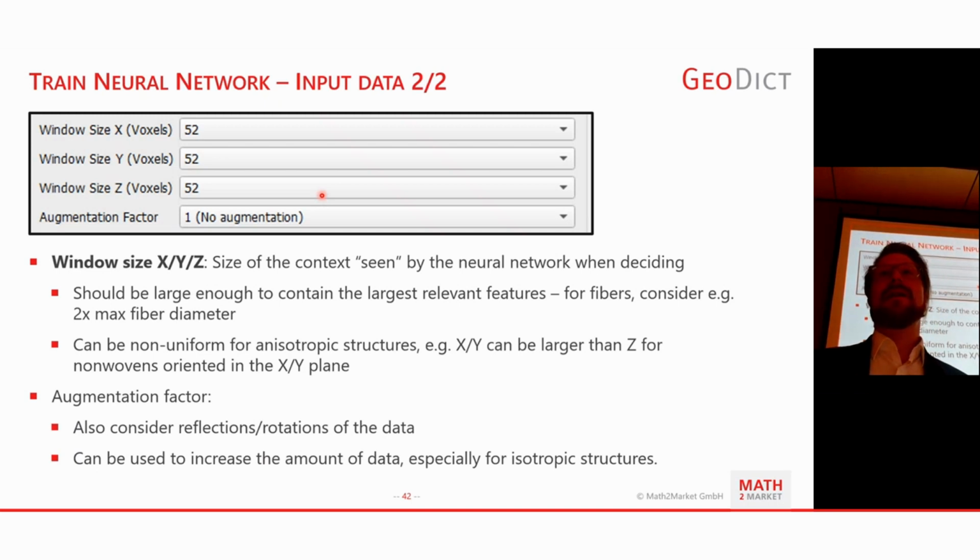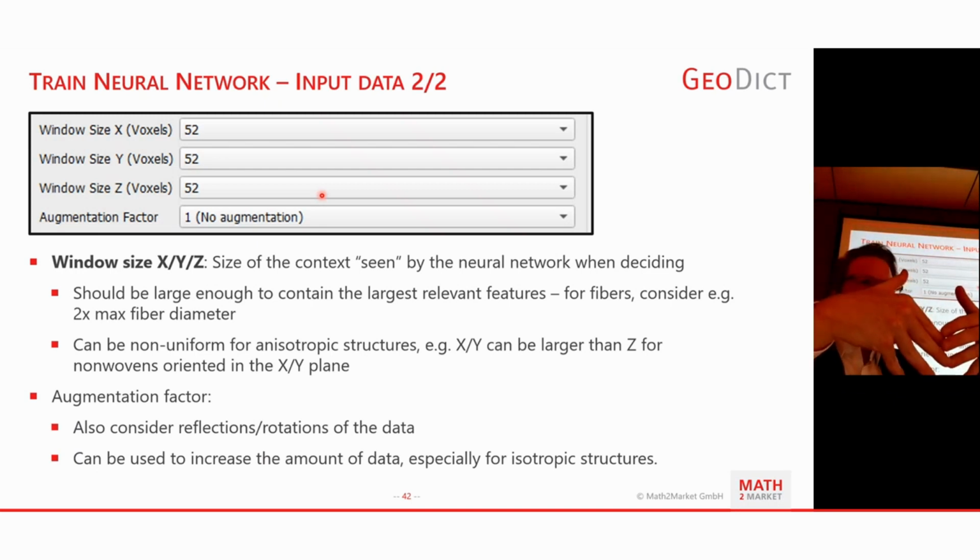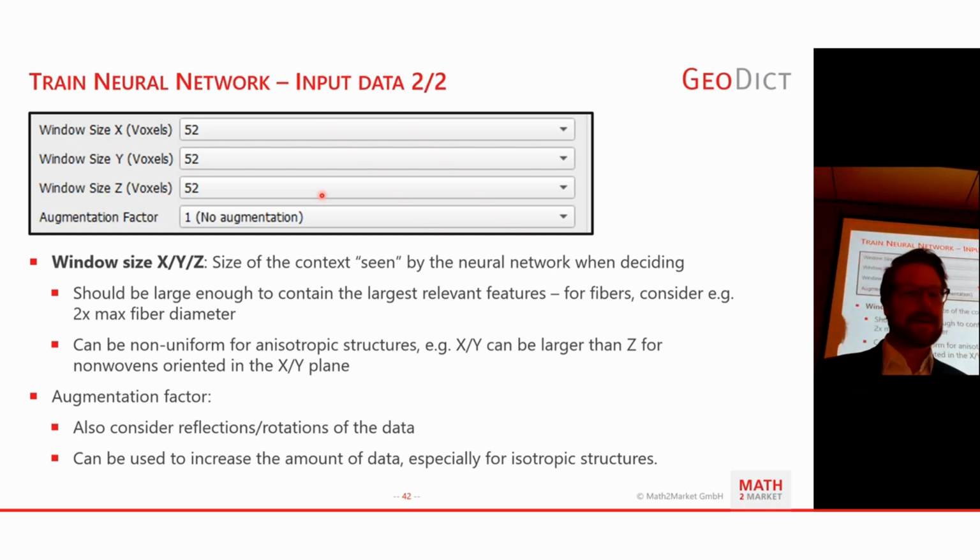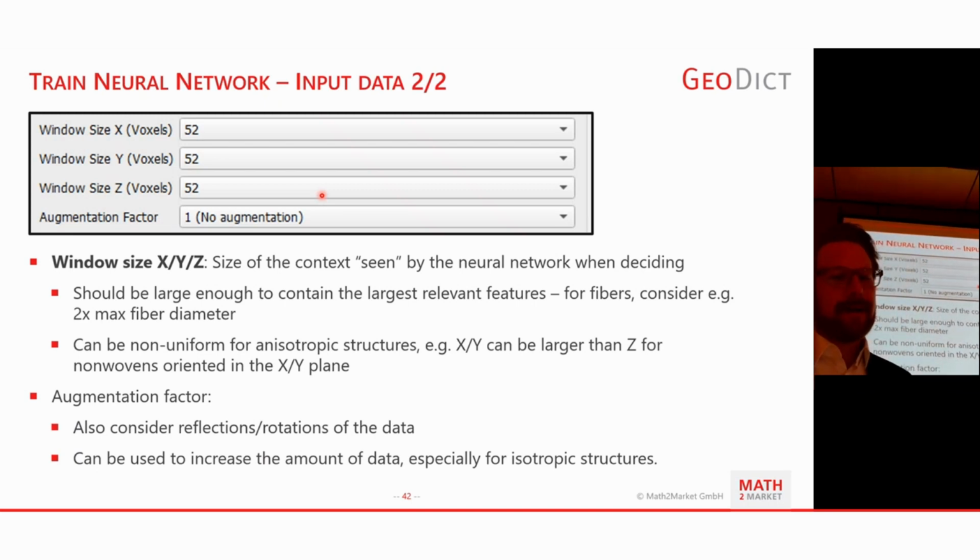And another thing, for example, if you have fibers with binder and you have a lot of binder, and you have cross sections where fibers meet and binder forms a large blob, then intuitively, if you want to segment the binder, you would want the window to be large enough to see the context of the fibers, which are not covered by binder, coming into this intersection from the outside. So it would be able to basically predict the trajectory of these fibers in order to make sense of this blob in the middle. If it only sees a smaller window, it might just see a window completely filled with red voxels. It has no idea what could be binder, what could be fiber.